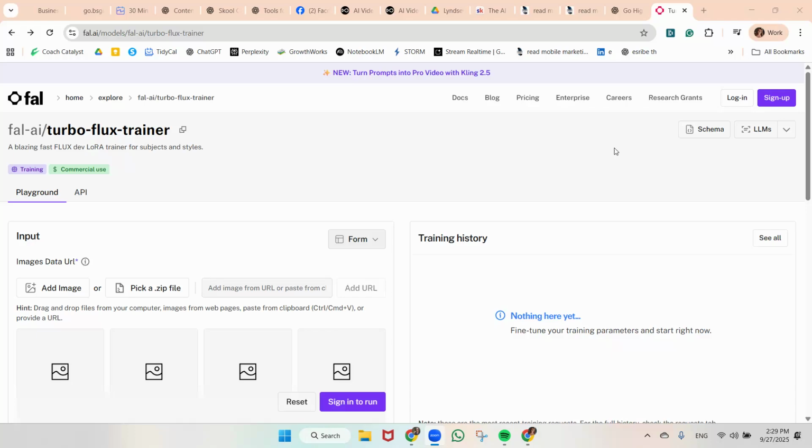Okay, welcome to your step-by-step guide on how to create your Flux Lora. This is actually a newer tutorial because they made some changes in the background. So welcome to the new Turbo Flux Trainer. So you're going to go to